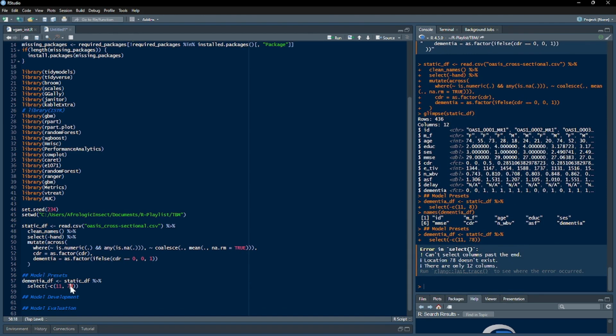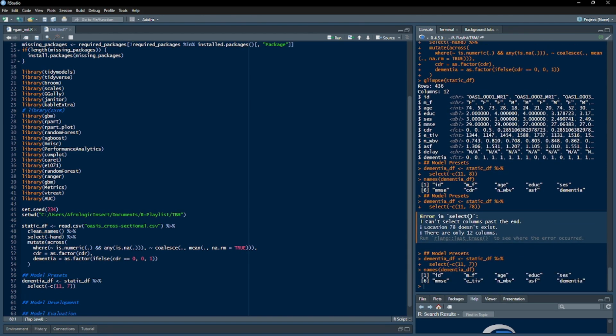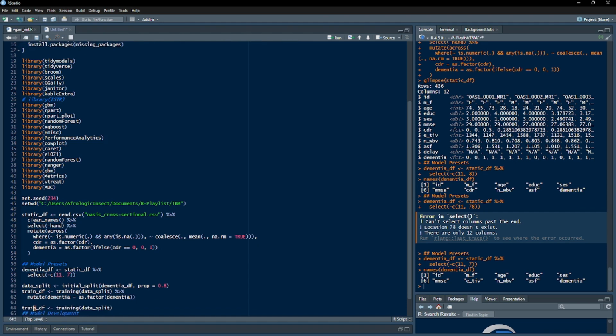what we do now is make a copy of our data set, which will be passed to our recipe, right? We'll be exempting a few variables here. Then we're going to initiate splitting. Now, the thing about